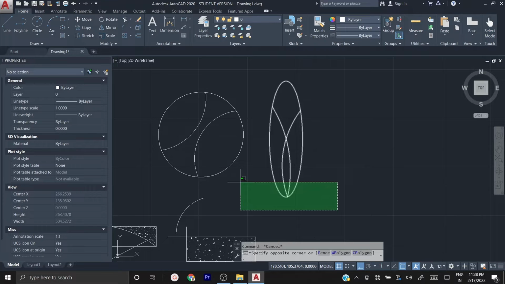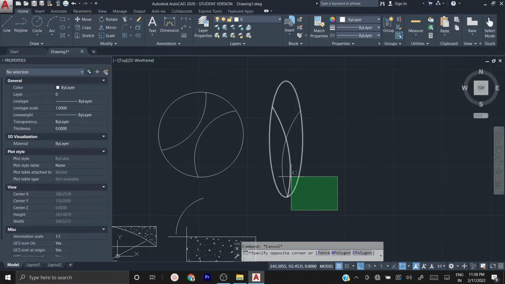So even if it's a small portion inside the box, all three are selected. If I move like this, still all three, both the arcs and the oval, have at least a small portion inside the selection box, so all will get selected.